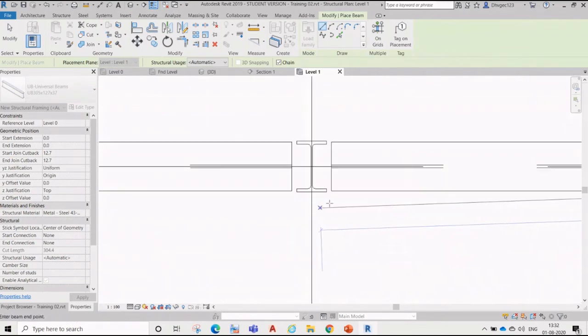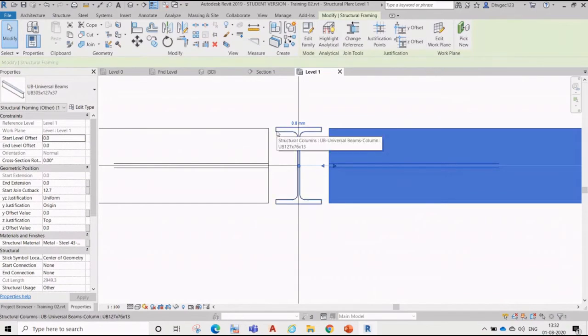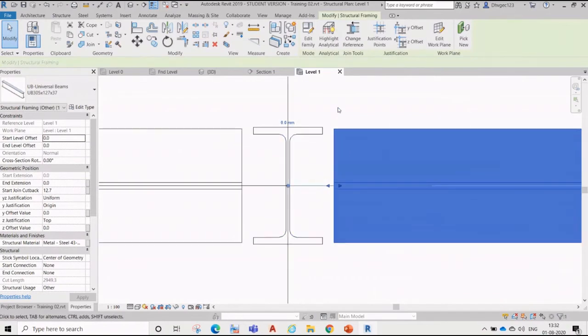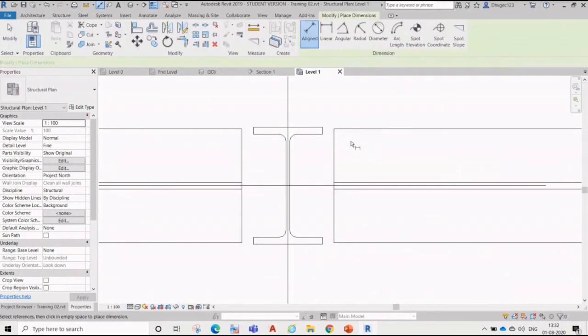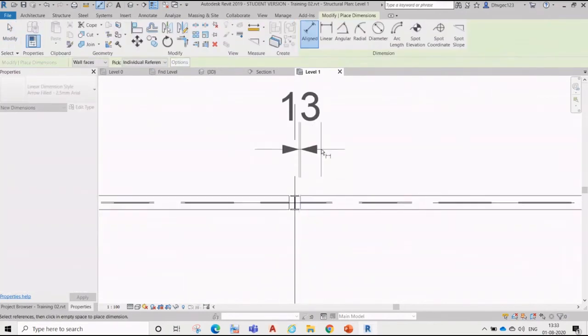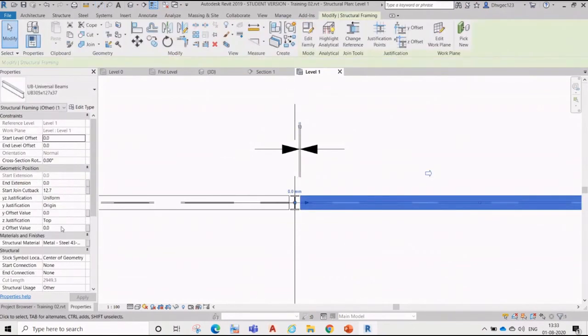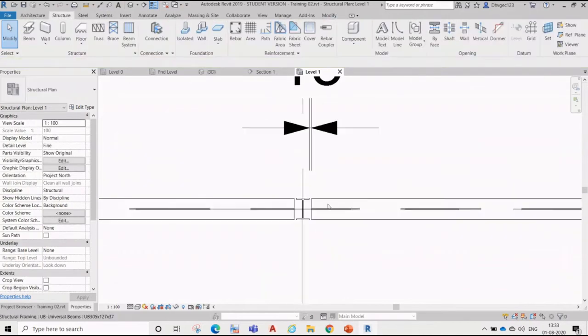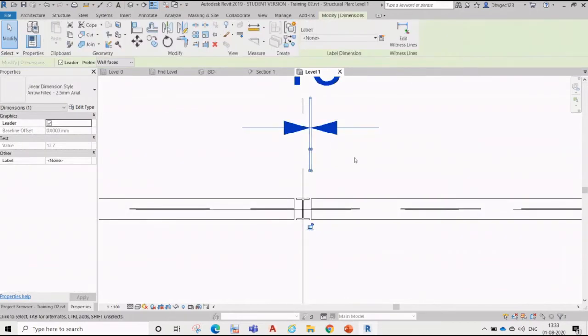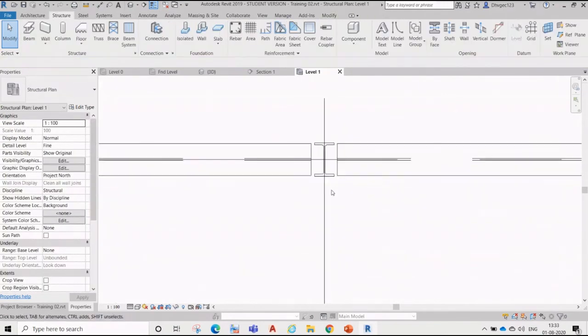So you can see here, it automatically gives one connection tolerance over here. Like you can see if I put the dimension, this is 13 mm or 12.5. I think it is 12.5, 12.7. If you want, because right now we are not doing any detail work, okay, so that is okay, so that we can see the difference.